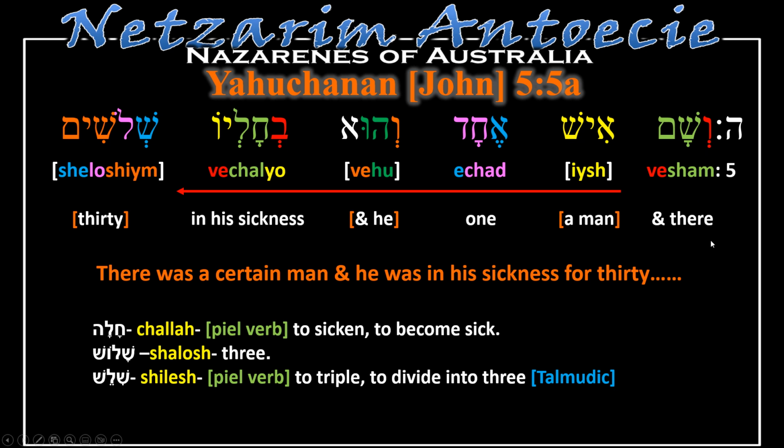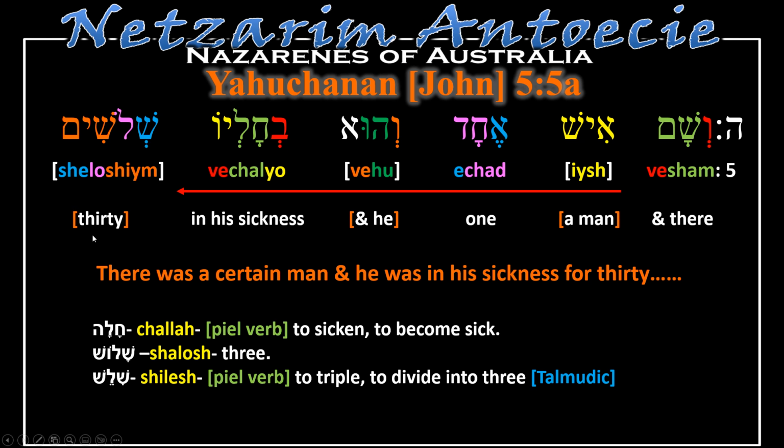Ve-sham, and there. Ish, a man. Echad, meaning one. Hu, he. V'chal-yo, in his sickness. The "his" is the pronoun on the end. Often the pronoun is on the end. And then we have